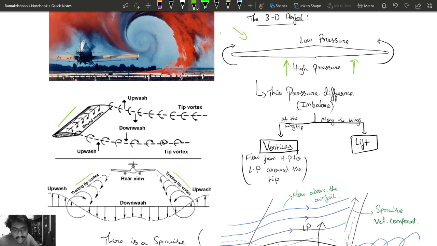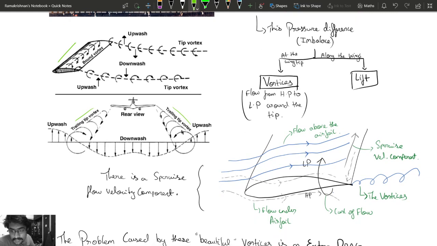And from this figure we can see that there is something depicted as downwash. Downwash is nothing but the extra negative vertical velocity that is produced due to these trailing tip vortices. We can see that these contribute to downward velocities, right? Like this. And also we can observe that the downwash is maximum near the trailing vortices, and as we move towards the center part it reduces, and again it tends to maximize near the trailing vortices.